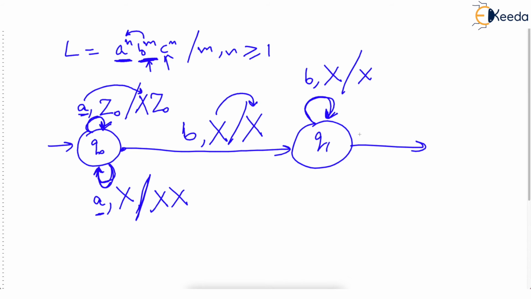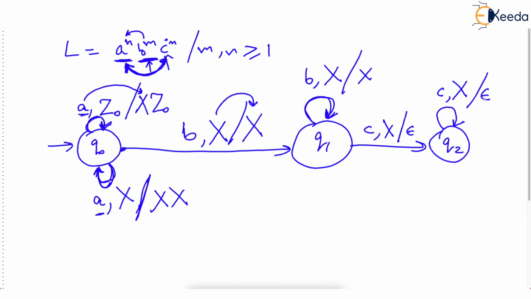And now after reading all these B's, you read a C. So it's better to save a transition and go to a new state called Q2 and say on reading C, top has to be X and you will pop, because you want to cancel out A. Now here you will create a loop saying for any next C, top should be X, because if you encounter a C, you should have an A which you had encountered in the past and you should again pop that.